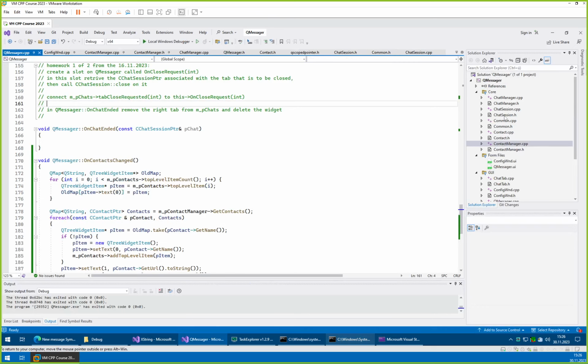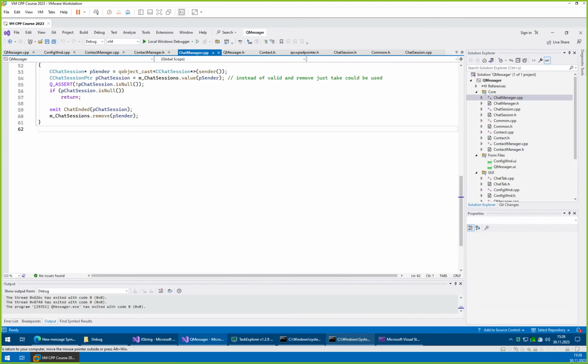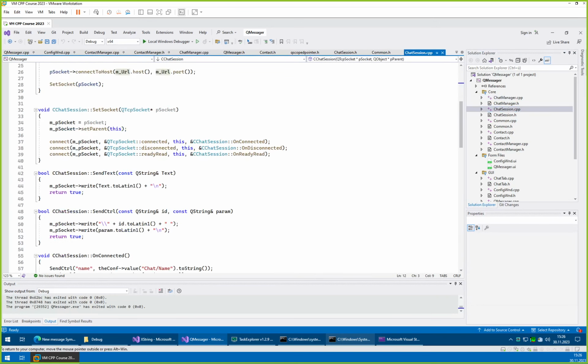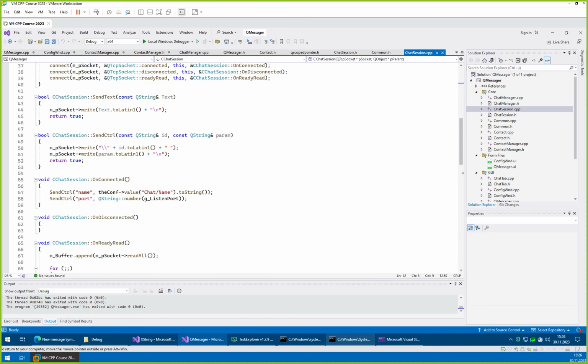So when we go to our chat manager, now we want the chat session. Right, so we have somewhere our on connect. Right here it sends the name and the port. Then we'll just send another command, send control,